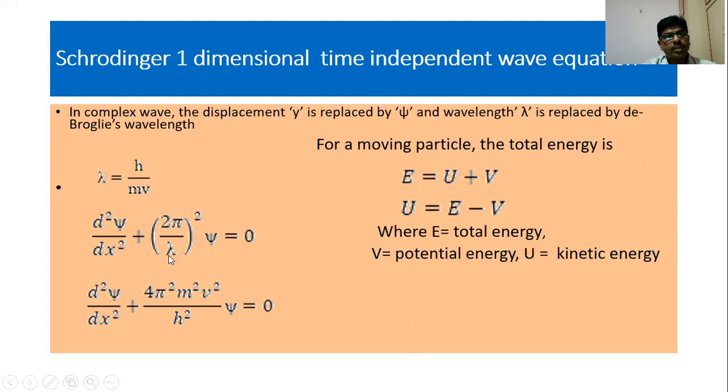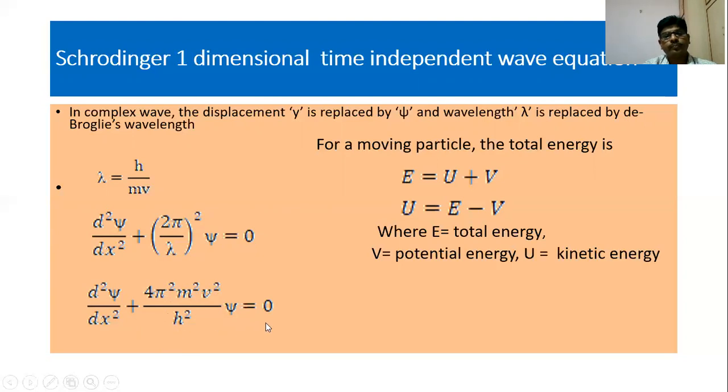Now in this equation, we shall substitute the value of lambda. What is the value of lambda? Lambda is equal to h by mv. Now what does this equation become? d square psi by dx square plus, opening up the square, 4 pi square by lambda square. So lambda square is what? h square by m square v square. So finally, what is the expression we get? d square psi by dx square plus 4 pi square m square v square by h square psi